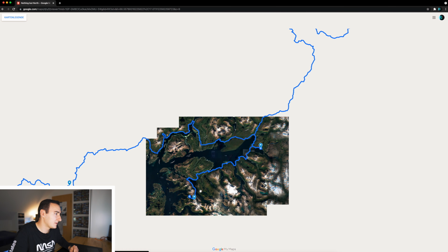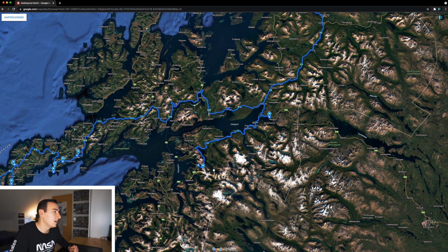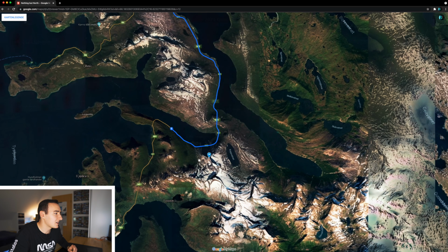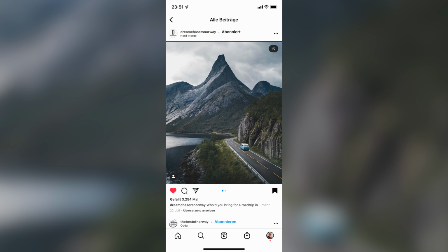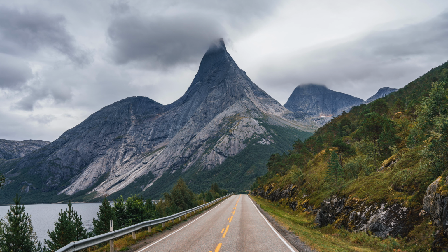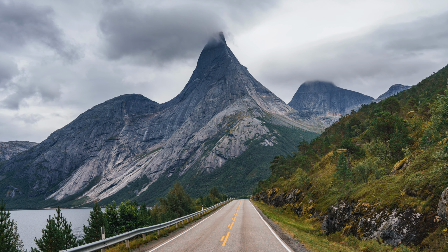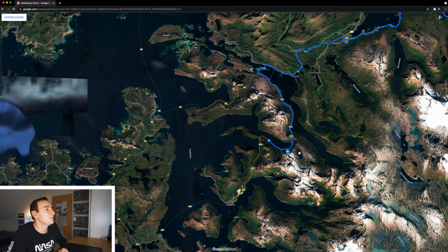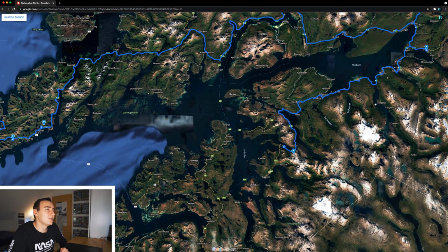For most of the time on this trip so far we only drove north, but this day was an exception because we wanted to check out the mountain called Stetind. It is actually Norway's national mountain and it's looking really insane. It's kind of like a pyramid. And unfortunately that day the peak was covered with a cloud, but it also looked insane. We took some photos here and then it started raining,